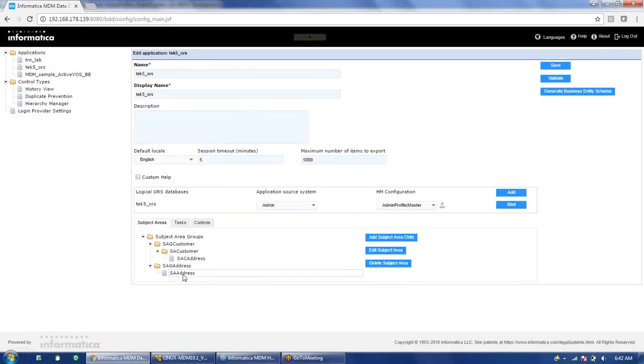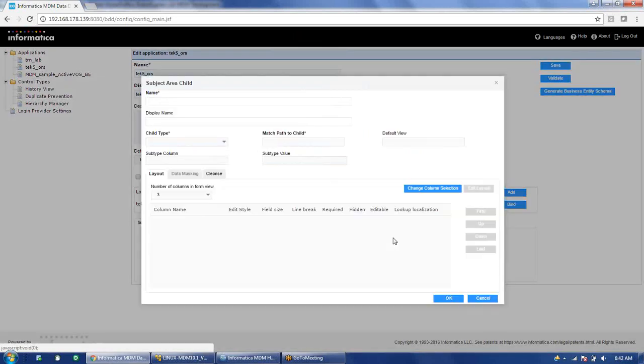And similarly, once we go back to the address subject area, we will get this option of add subject area children. Here again we will be getting the child type. Child type, as we discussed, is logical one-to-one, one-to-many, and part of primary object.